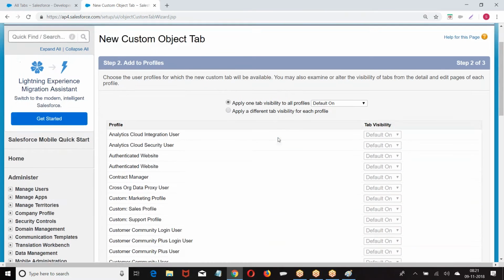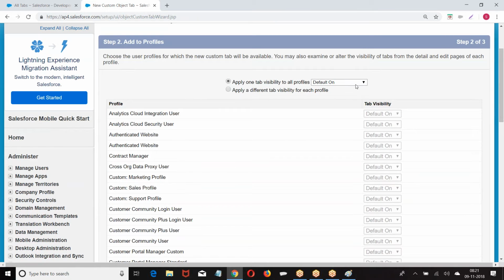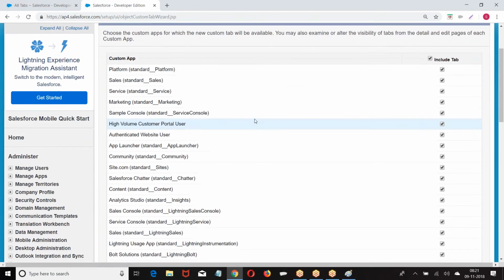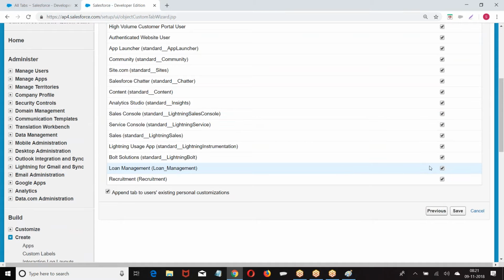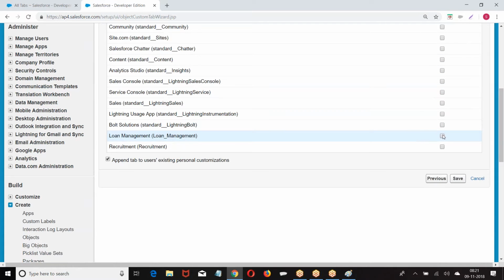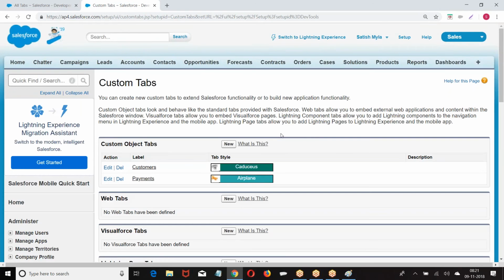Next, default on, default off, and tab hidden. On, panel. Off, plus sign. Tab hidden, can't see. The next: in which application? Select the application. I don't want it in every application, only one. I hope you are good with this.